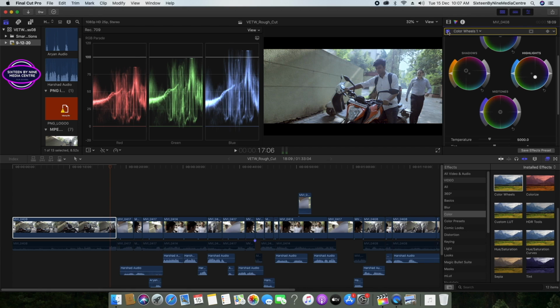Okay, the color wheel is not selected. See, cold highlights. The highlights are cold and the shadows are warm. Let me not touch the highlights because the highlight is going up. So let me just put shadows into the blue region, and midtones I will increase the redness of the midtones.